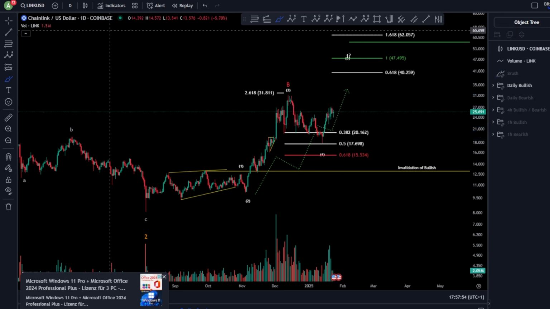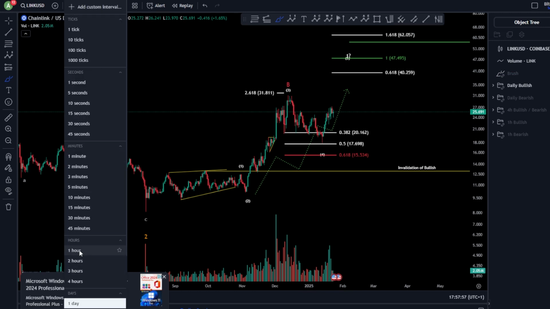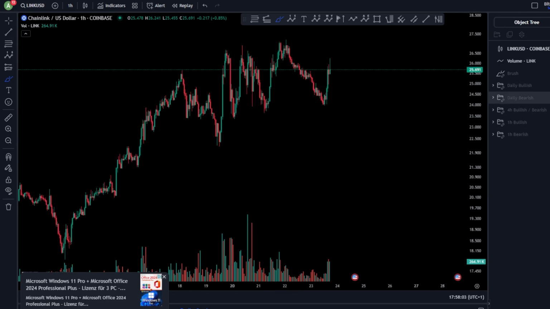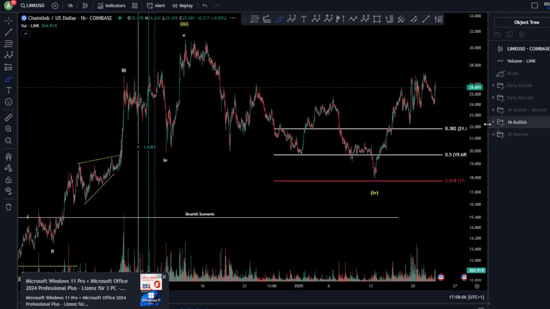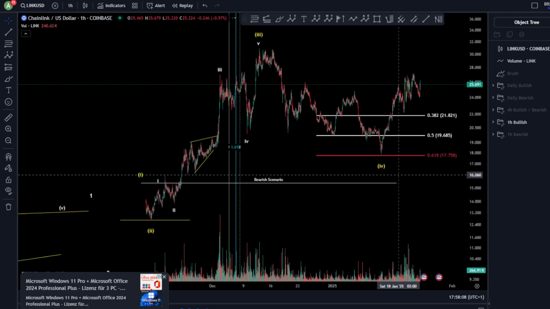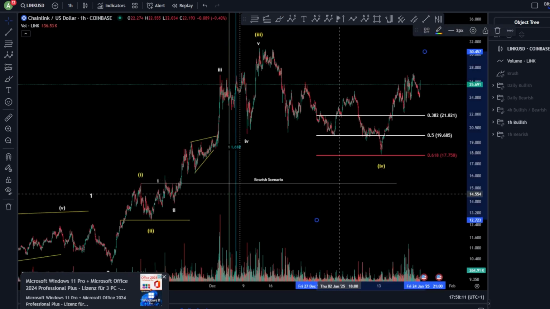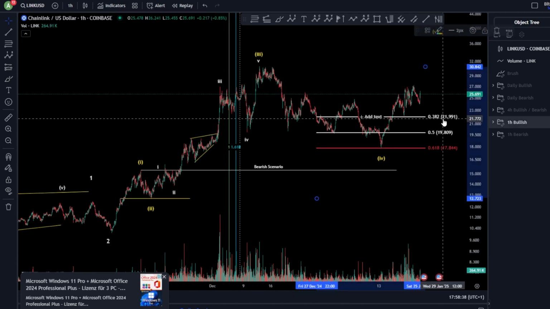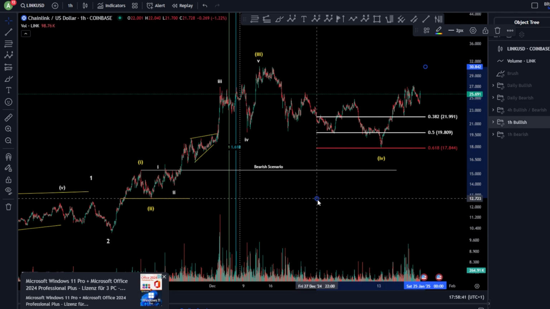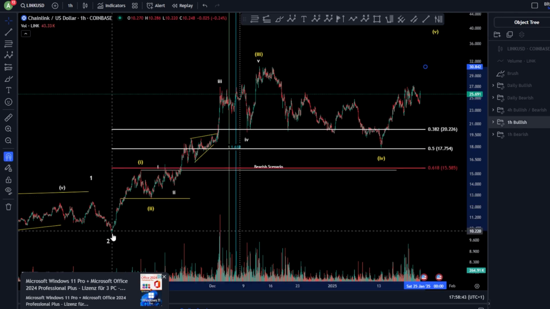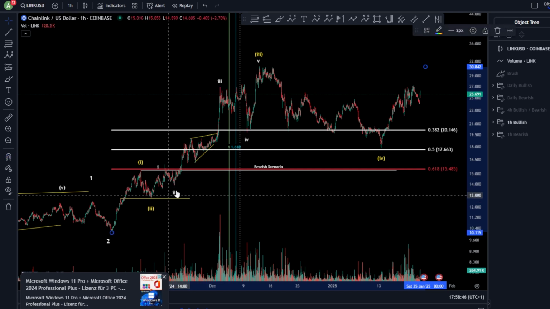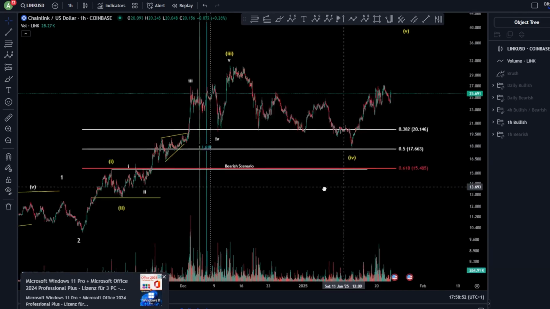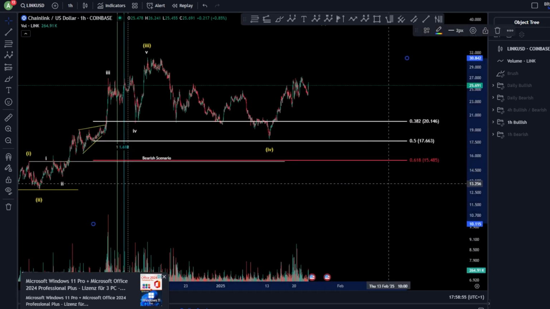For me, it looks like just one leg on the daily, so let's move a little bit to the 1 hour chart to see what is going on. So on the 1 hour chart, let's open our scenarios here. Here we go. This is our wave 4, which should be taken from your wave 2. And wave 3, actually, here it shows, okay, let me check again. This is a top. Also, this is a wave 2, sorry. This is a wave 2 that we would like to see, of course, not this one. So actually, yeah, the white scenario. Here we go. And yeah, in that case, we will not hit the